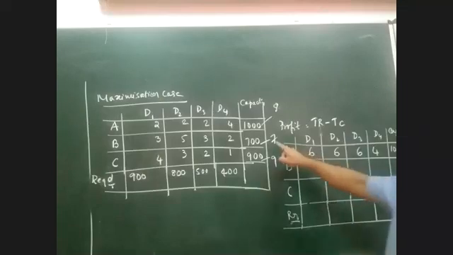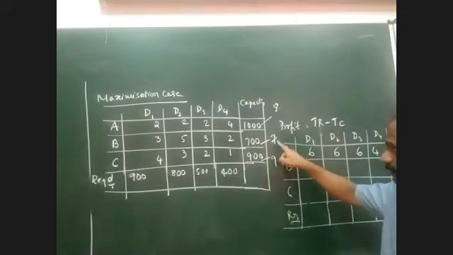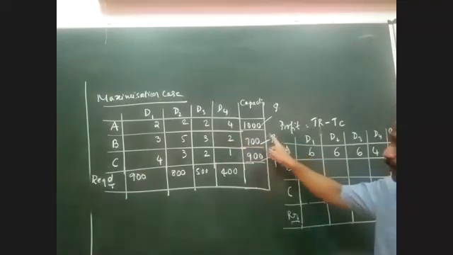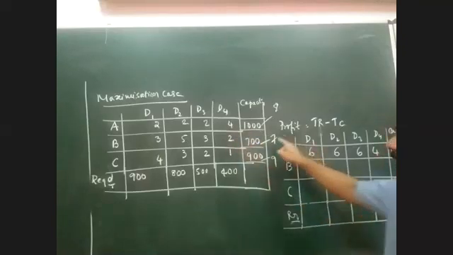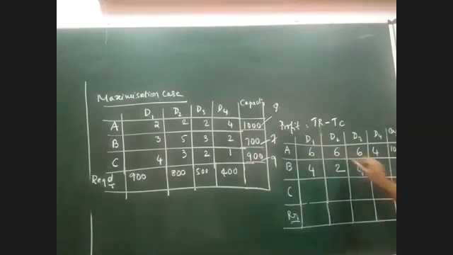Okay. Now similarly, let me find out for the second row. The total revenue for the second row is 7 rupees. So 7 I will subtract for the entire row. So 7 minus 3, it is 4. 7 minus 5, it is 2. 7 minus 3, it is 4 again. And 7 minus 2, 5. And the capacity is 700. We'll write as it is.